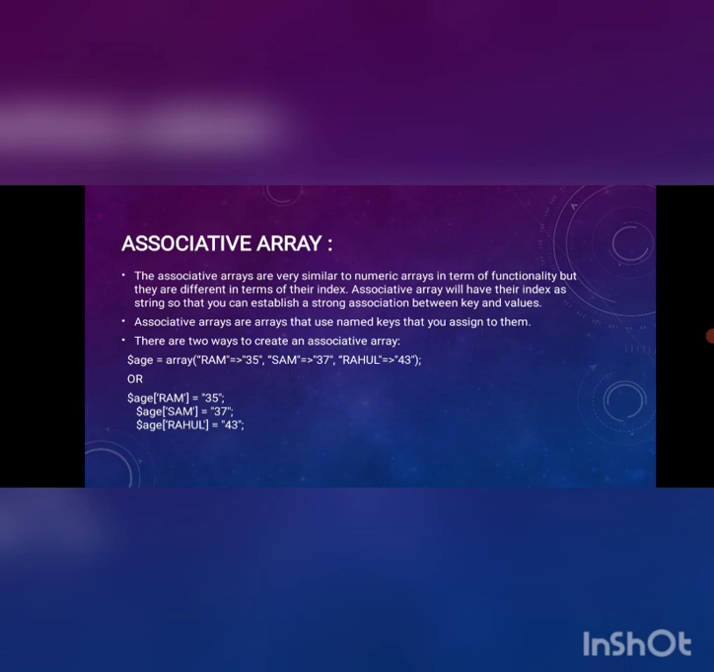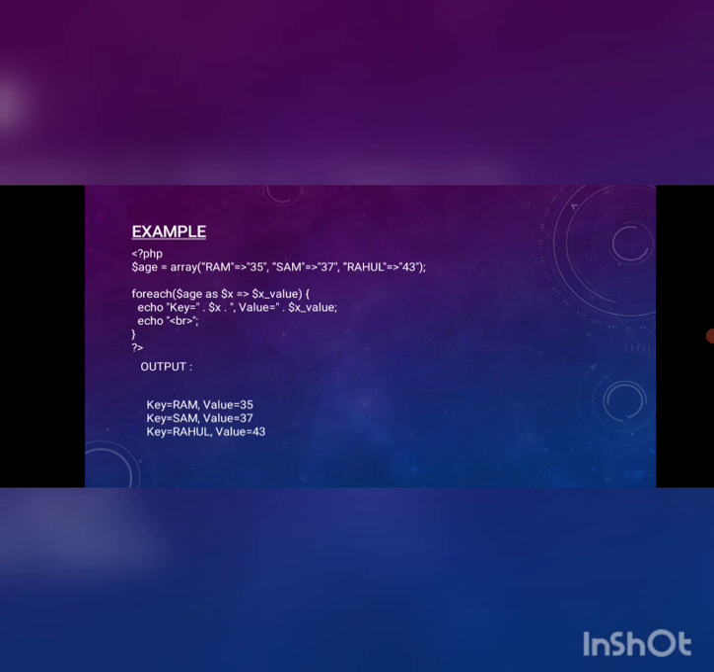That is, you can easily remember the element because each element is represented by a label, rather than incremental numbers, named keys that you assign to them. Here is an example. $age is an array which stores the age of three persons. That is, Ram is associated with an age 35, Sam is associated with an age 37, and Rahul is associated